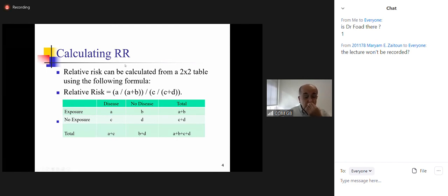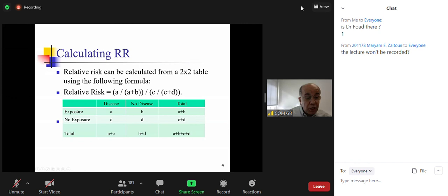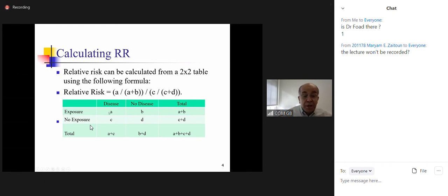Okay, let's use the 2 by 2 table. You know what the 2 by 2 table is? 2 items on the top and 2 items on the side. Disease, no disease. Exposure, no exposure. So this is the 2 by 2: 2 outcomes, 2 events versus 2 events. So what is the situation here? I have 2 groups, group 1 and group 2. Group 1 is the exposed group. Which group is exposed? The one that does not wear a mask. No exposure, they actually protect themselves with a mask. Now, the exposed group, some of them